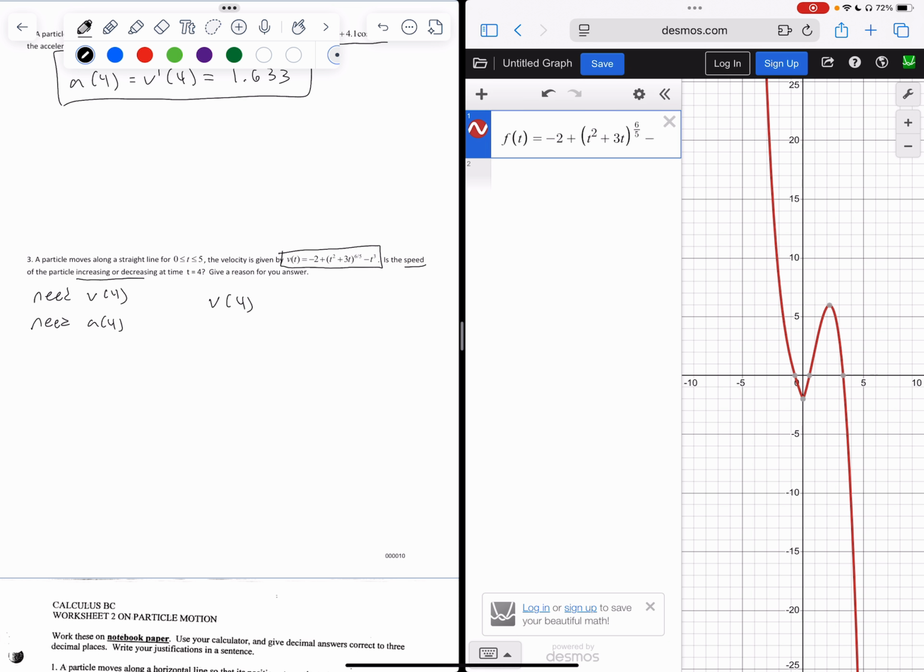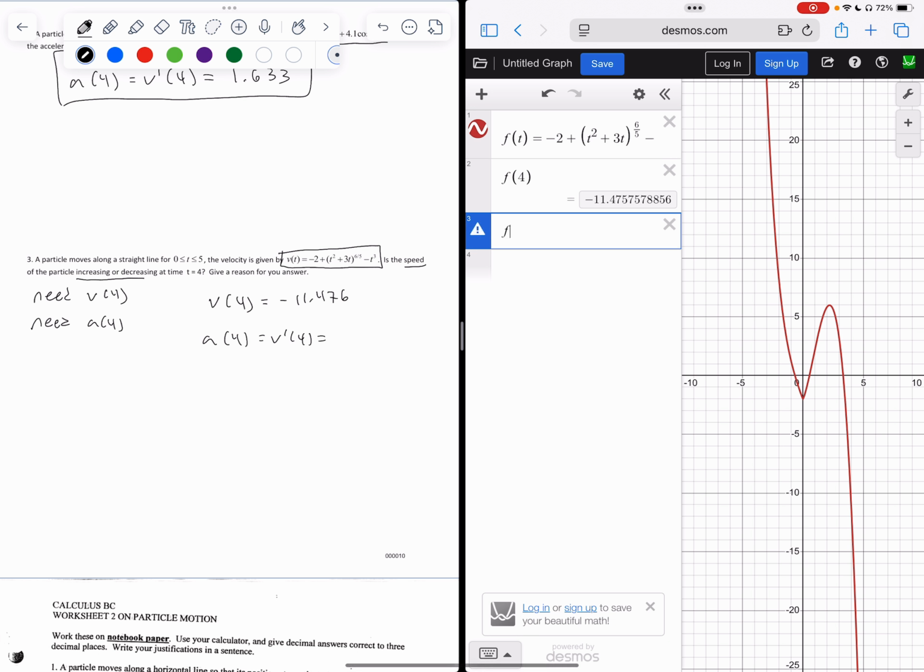So there's my velocity. To get the velocity at 4, all I have to do is type in f of 4, and I get negative 11.476. And to get the acceleration, we want the derivative of the velocity at 4. So to get that, I type in f prime of 4, and I get